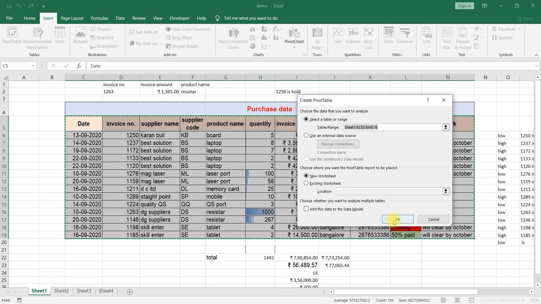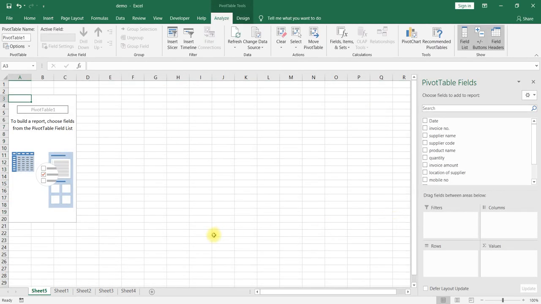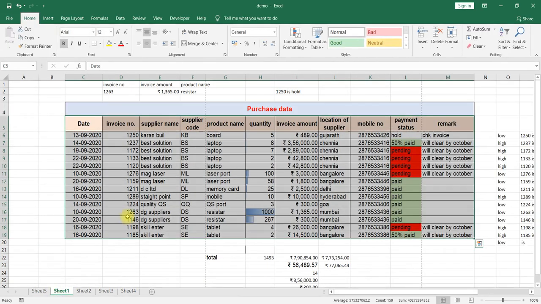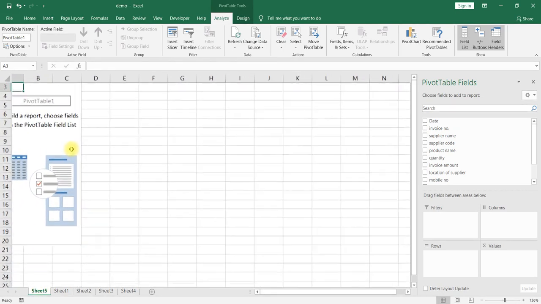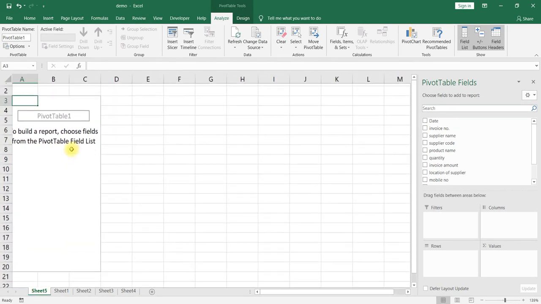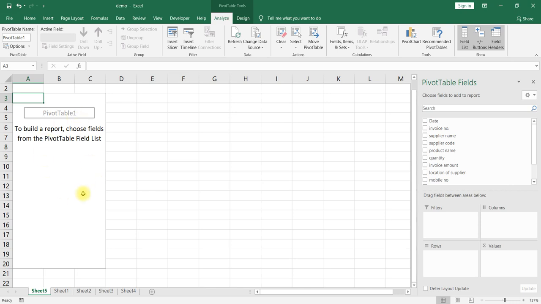Once you select OK, you can observe that a new sheet has been opened. Your data is here. Before that, one more sheet has been opened where you can observe on the left hand side the pivot table structure, and on the right hand side the pivot table fields.